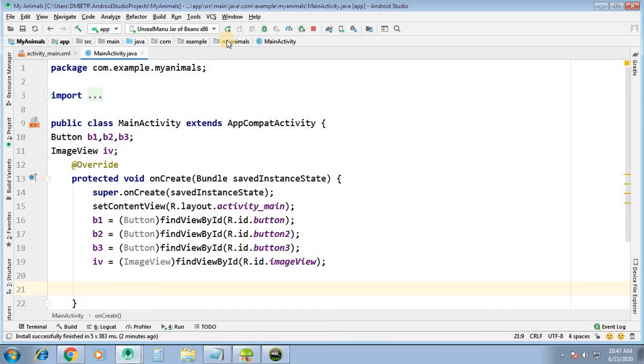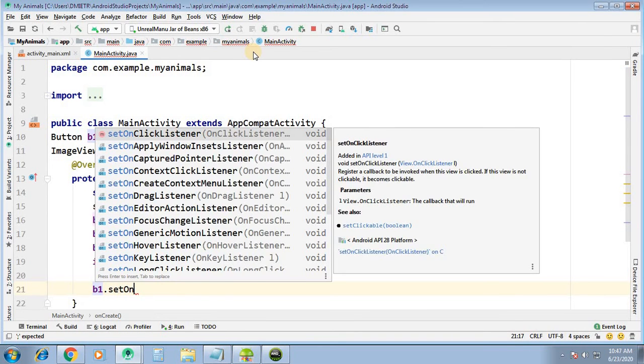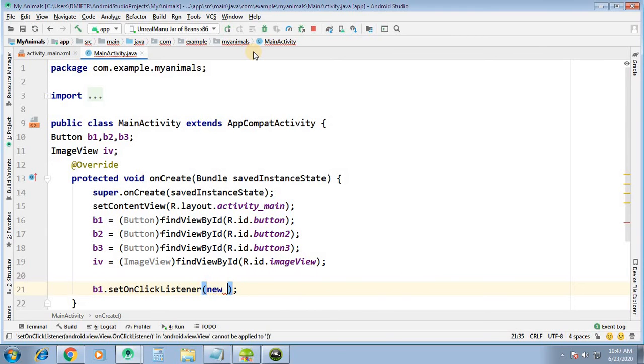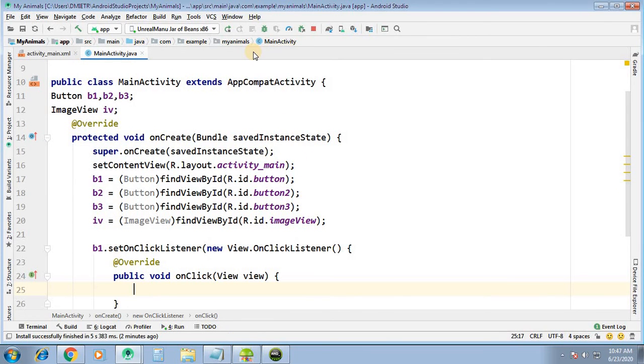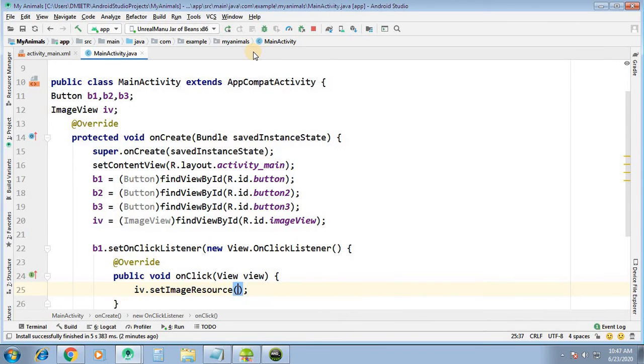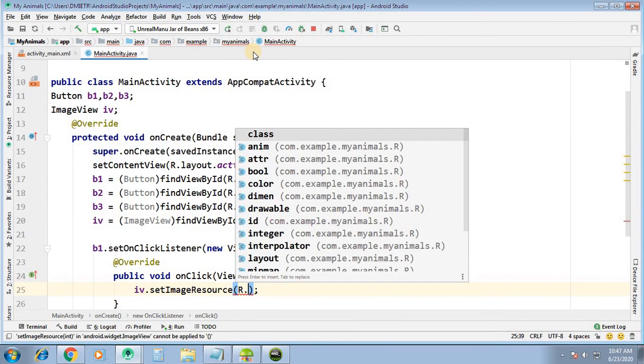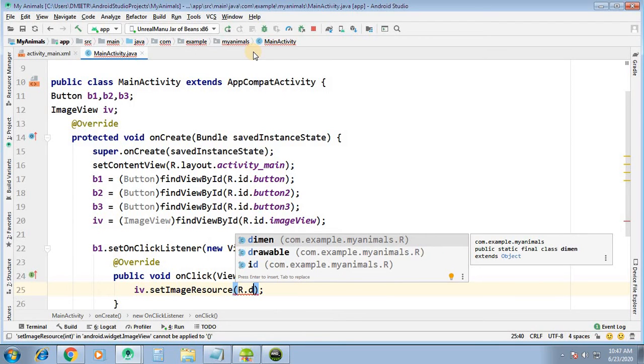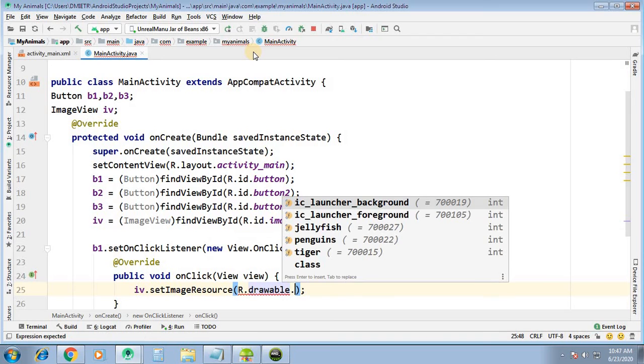When I click on B1, B1.setOnClickListener, new OnClickListener. Here IV.setImageResource(R.drawable., and here we have to set the tiger.